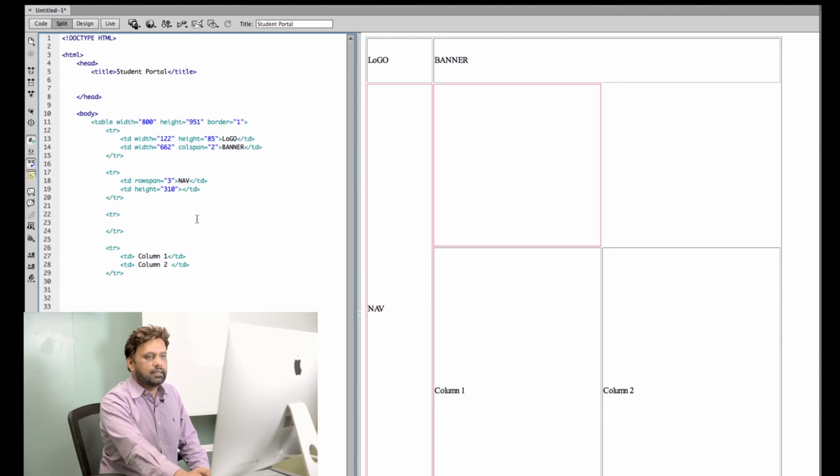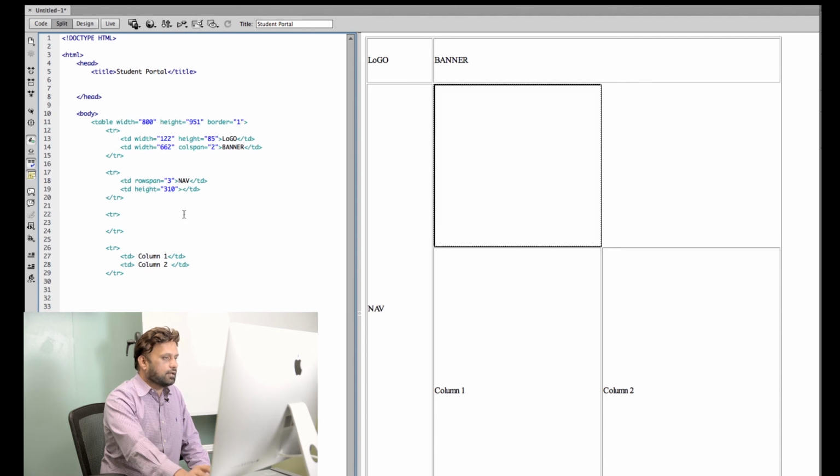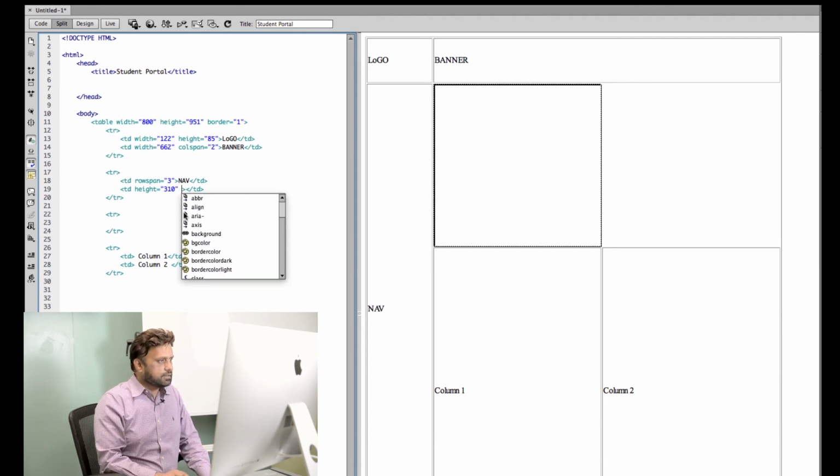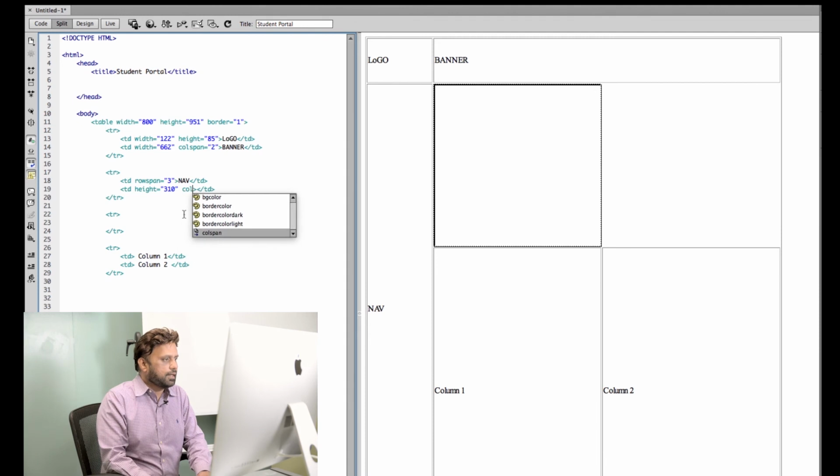So basically what we are going to do is after the first one saying colspan equals 2, we have to go into the second one, this red one here, and make it closer so that it extends to the end. So I'm going to go here after the height of the second one and say space and say colspan